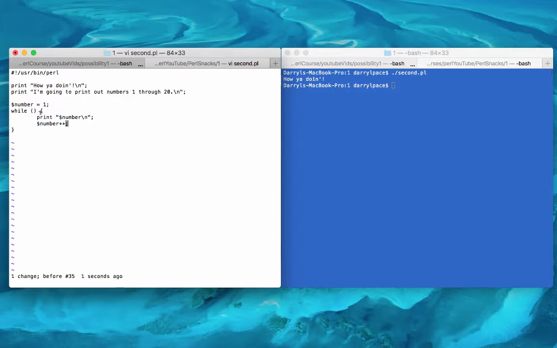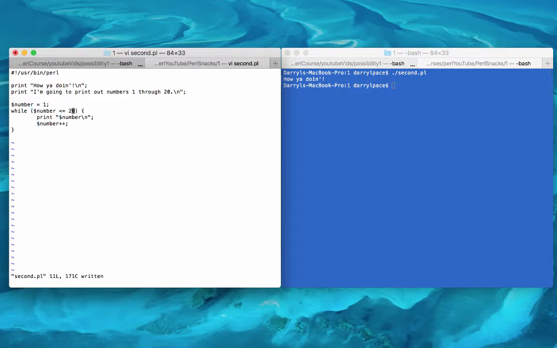Now in this while loop, we're printing out the value of number. We're next incrementing the value in the number variable by 1, and we're repeating the loop. Recall that a conditional statement must be between these parentheses after the while keyword. That conditional statement sets the condition under which the while loop will continue. We're going to run this loop as long as the number variable contains a number that's less than or equal to